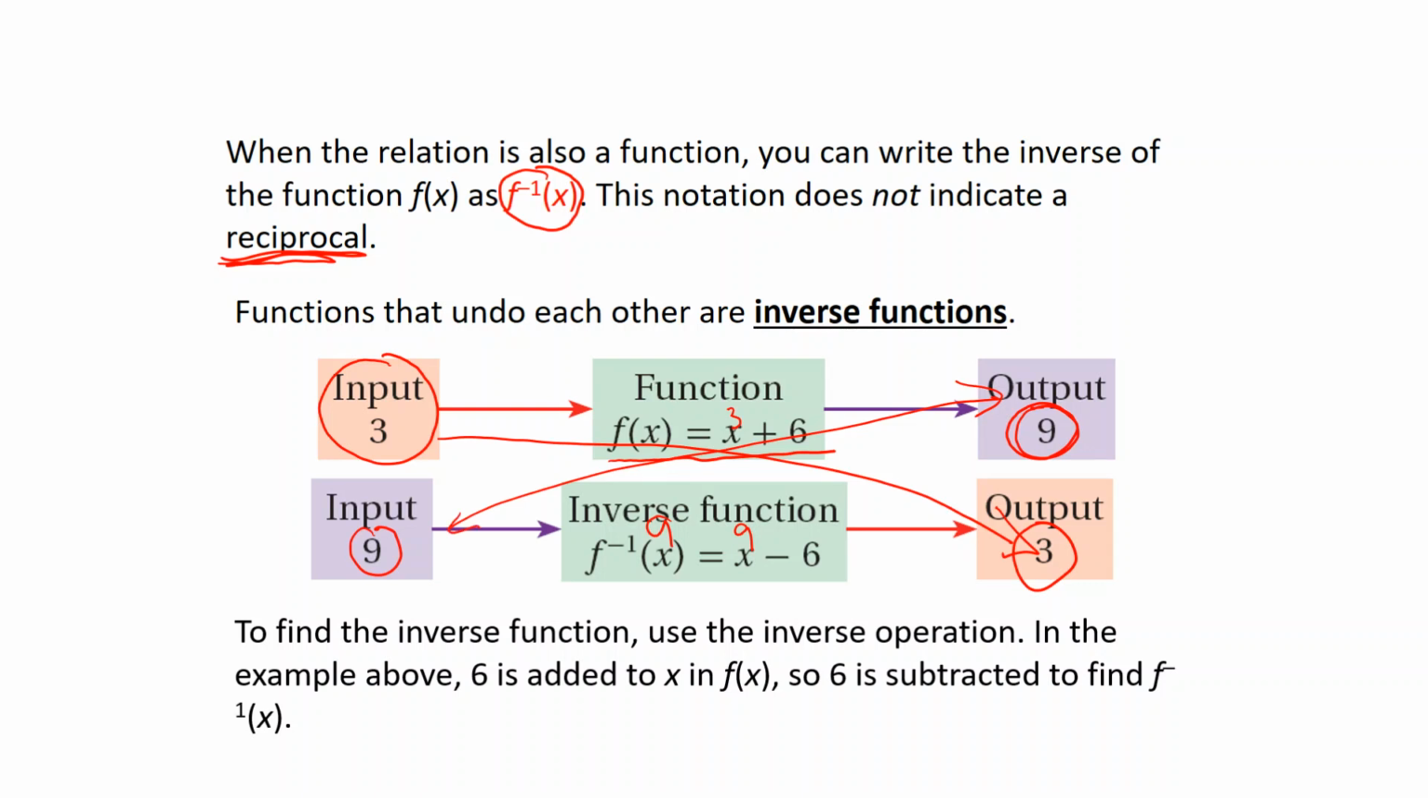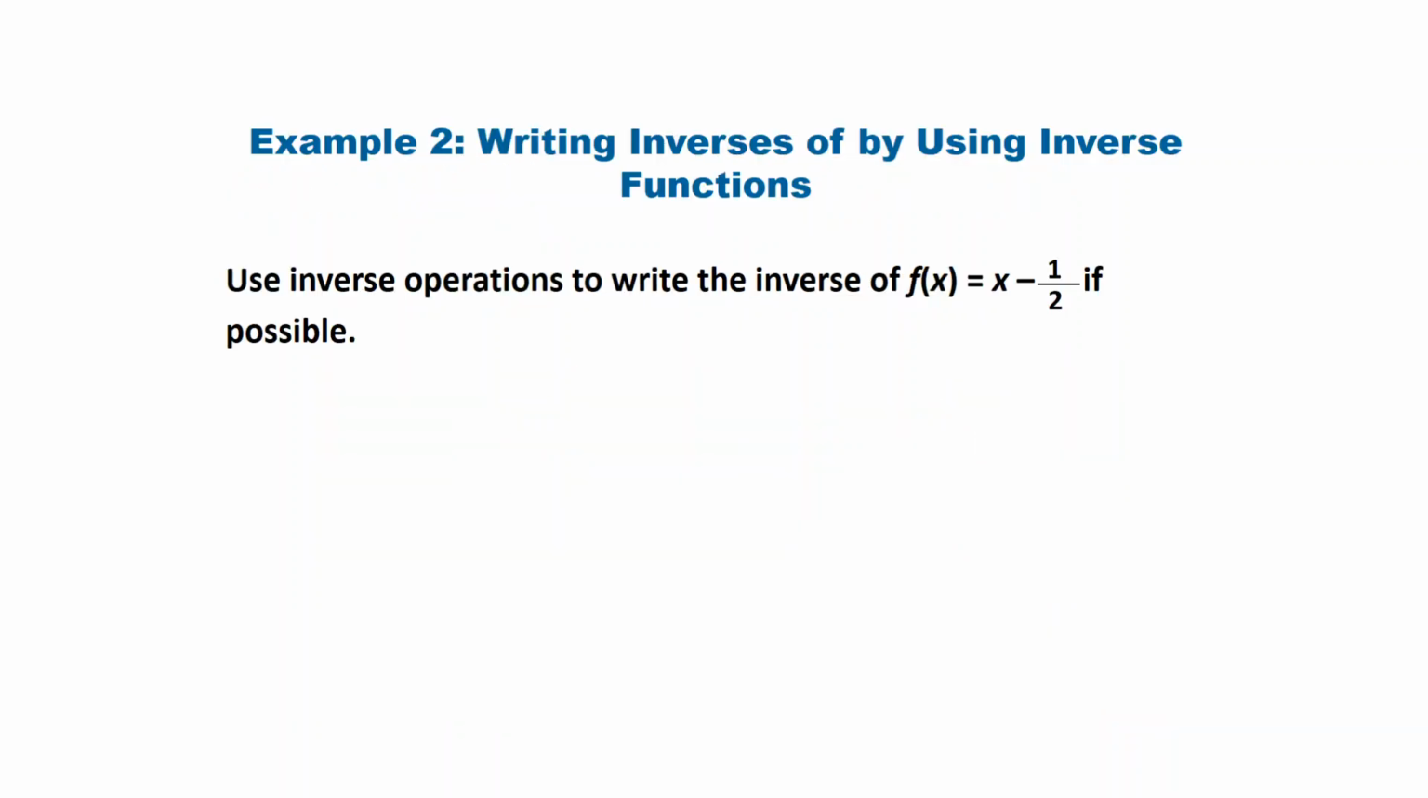To find the inverse function, use the inverse operation. In the example above, 6 is added to x in f of x, so 6 is subtracted to find the inverse function of x. So take a look at example 2. It says use inverse operations to write the inverse of f of x